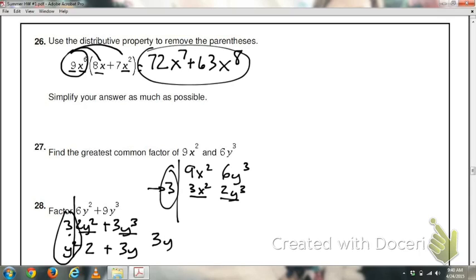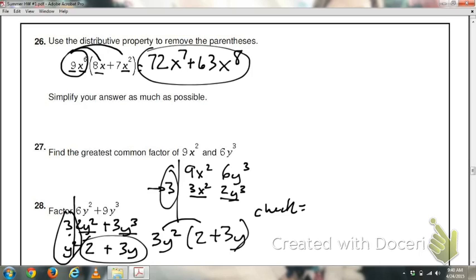So I really pulled out a 3y squared, and I'm left with 2 plus 3y. So 2 plus 3y would be left in the parentheses. An easy way to check is to distribute 3y squared times 2, that would be 6y squared, and then 3y squared times 3